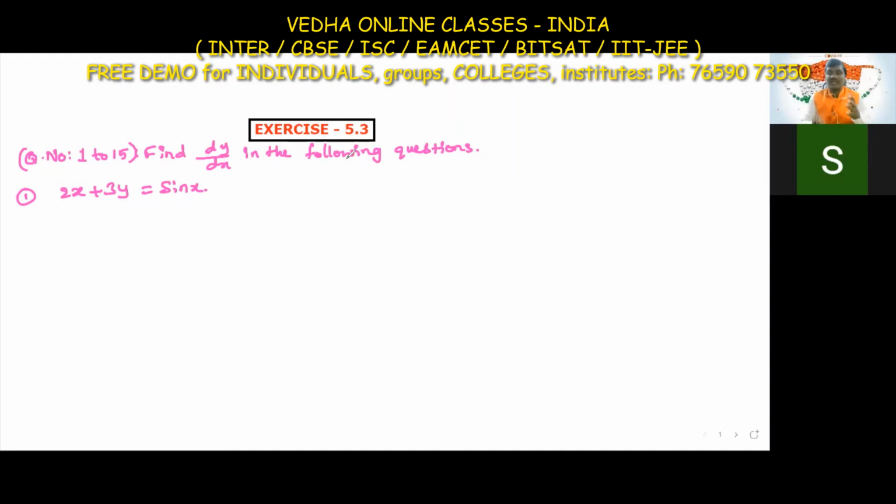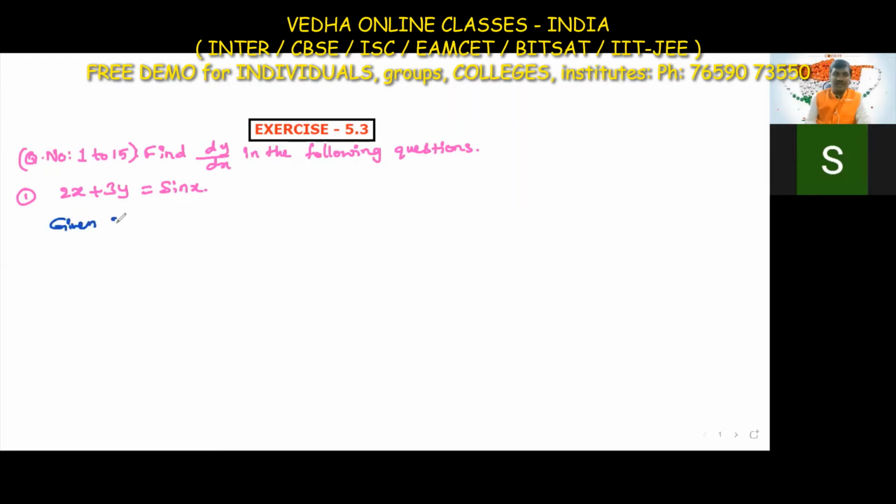the given equations are in a combination of x and y. We differentiate that function, we apply the uv formula, u plus v formula, u minus v formula, and we separate the dy by dx and find the value of dy by dx. So here is the given equation. Now what is given here?